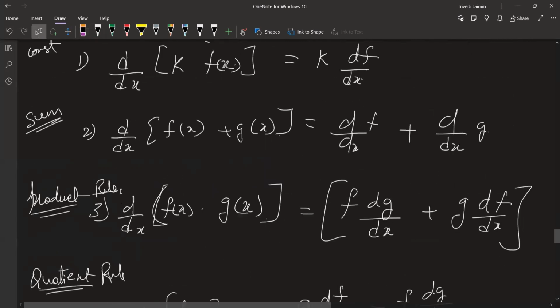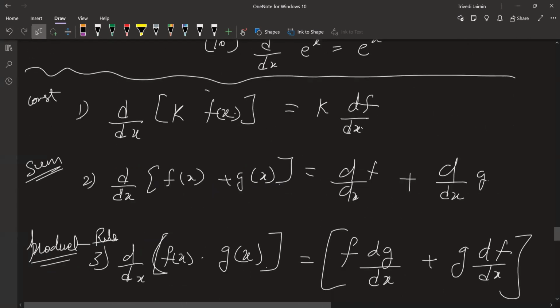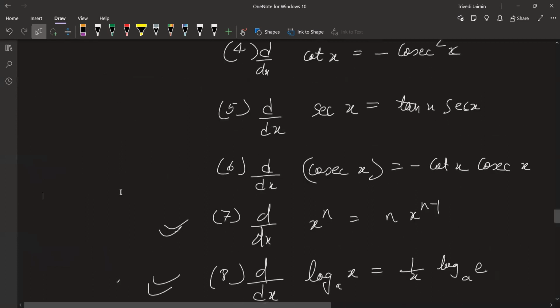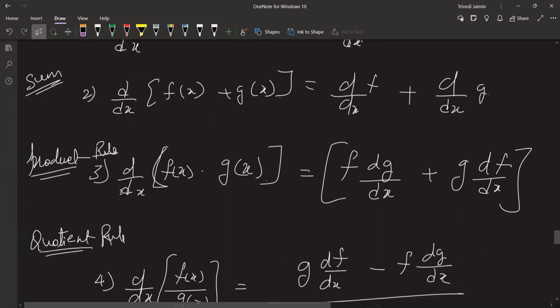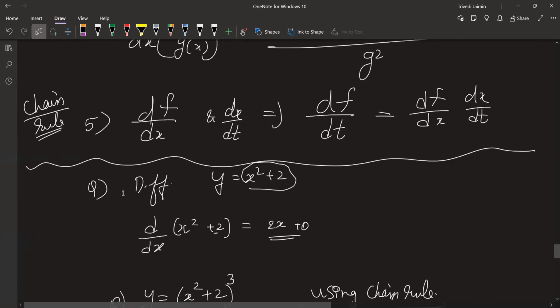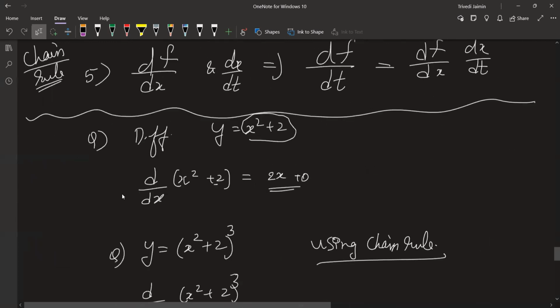Okay. And these are the standard formulas, functions. And these are the rules. No need to remember the rules. They're simple. While solving, we will understand better. Just now, what I did was the first and second rule. We have combined these rules. What we did here,